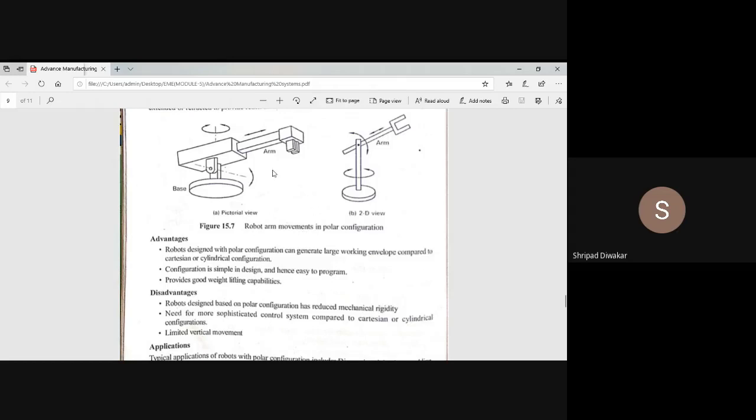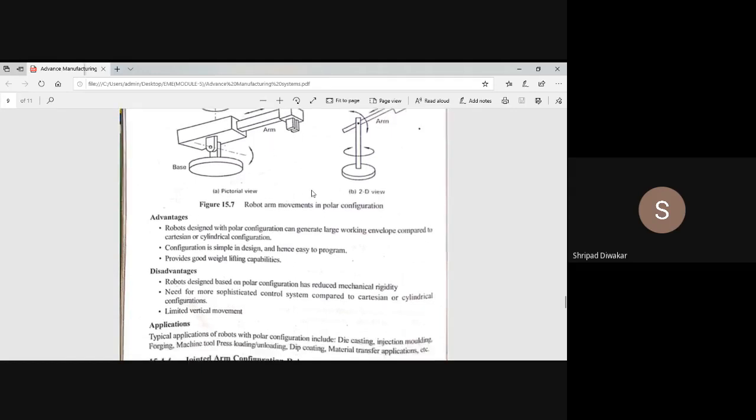And then limited vertical movement. Vertical movement is not so possible in spherical coordinates. Vertical movement is possible in Cartesian coordinates, and hence the vertical movement is limited. So these are the three drawbacks. First, mechanical rigidity is reduced. Second, it needs the most sophisticated system. And third, limited vertical movement.